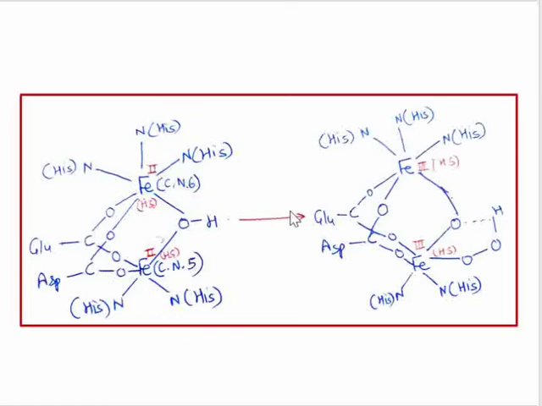So this is the structure of deoxyhemerythrin, and when it reacts with oxygen, it will form this kind of geometry. Here you will find this Fe2 center will oxidize to Fe3 center, and this Fe2 center will also oxidize to Fe3 center, and both are high spin. And this is oxyhemerythrin, where one oxygen molecule will bind here.